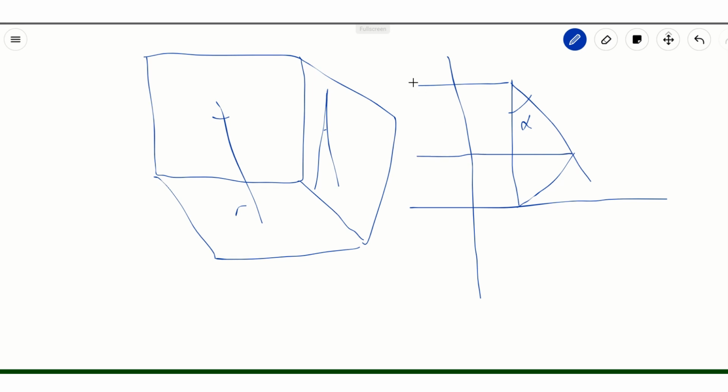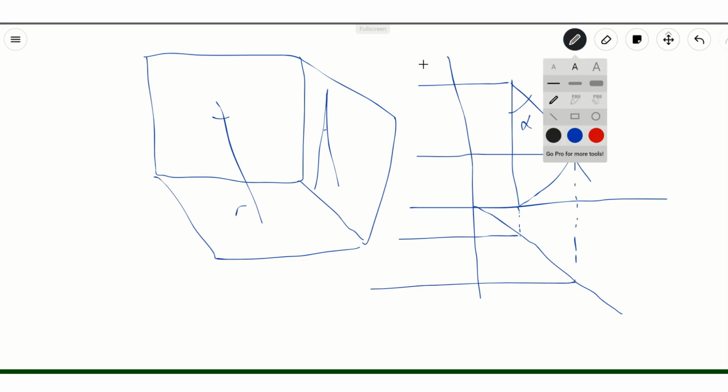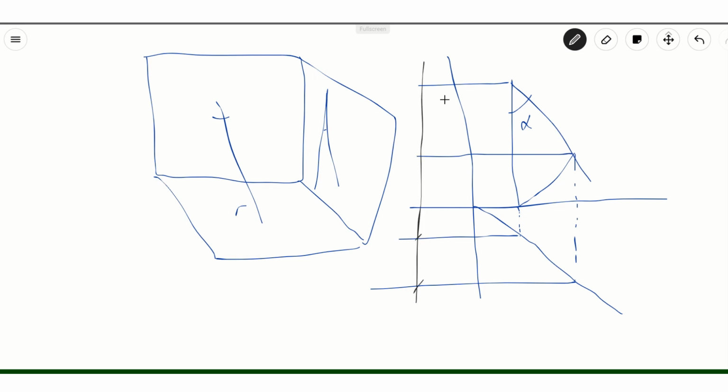So this will be the vertical, and for horizontal you cannot directly project it to the horizontal, so we have to project this plane this way. So basically this will go down there and the points will be there. So make a 45-degree line here, and put the points, get the points here and get the points here. Okay, and then basically keep horizontal lines from here, and after that you can put a vertical line here, and this line will be the horizontal projection and this line will be the vertical projection.